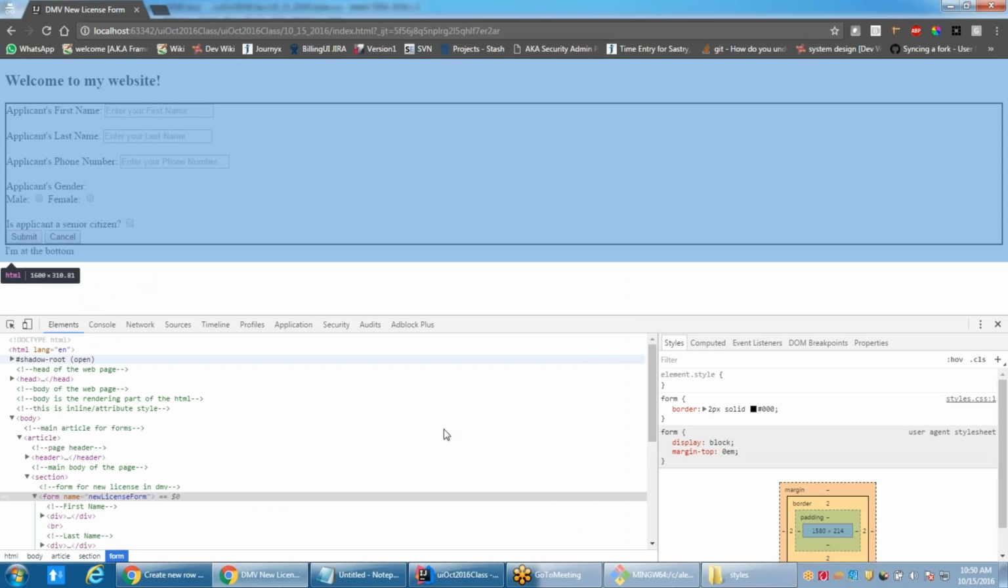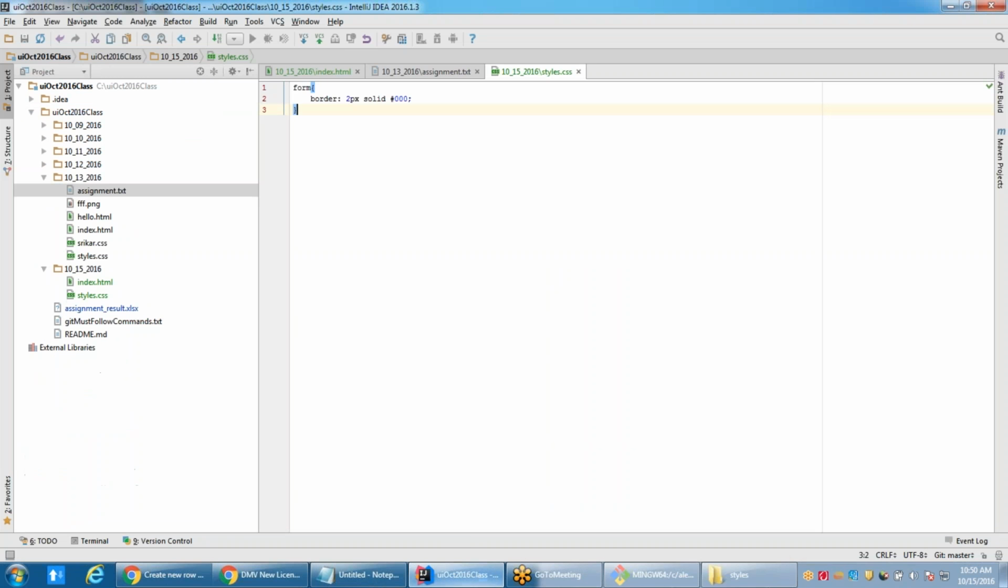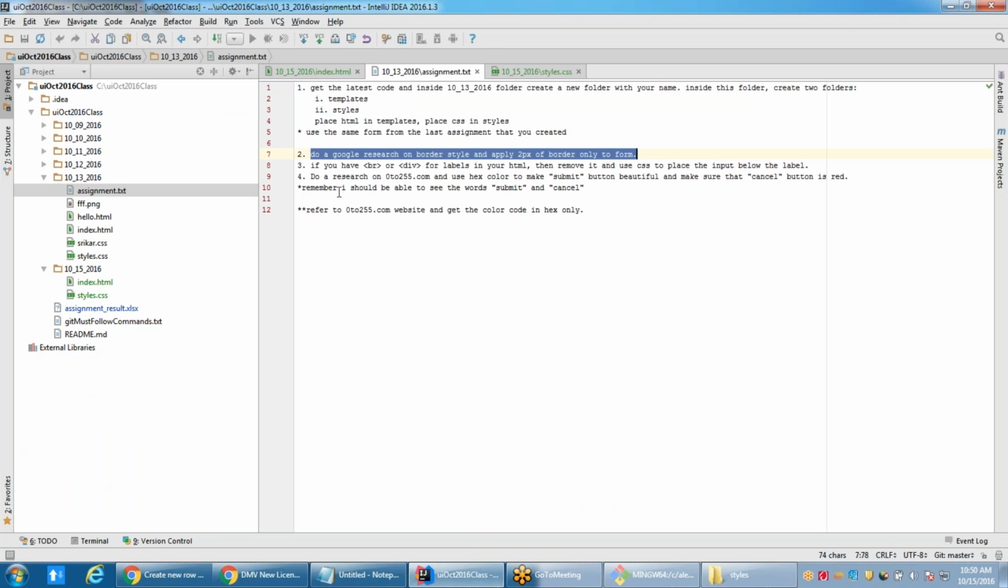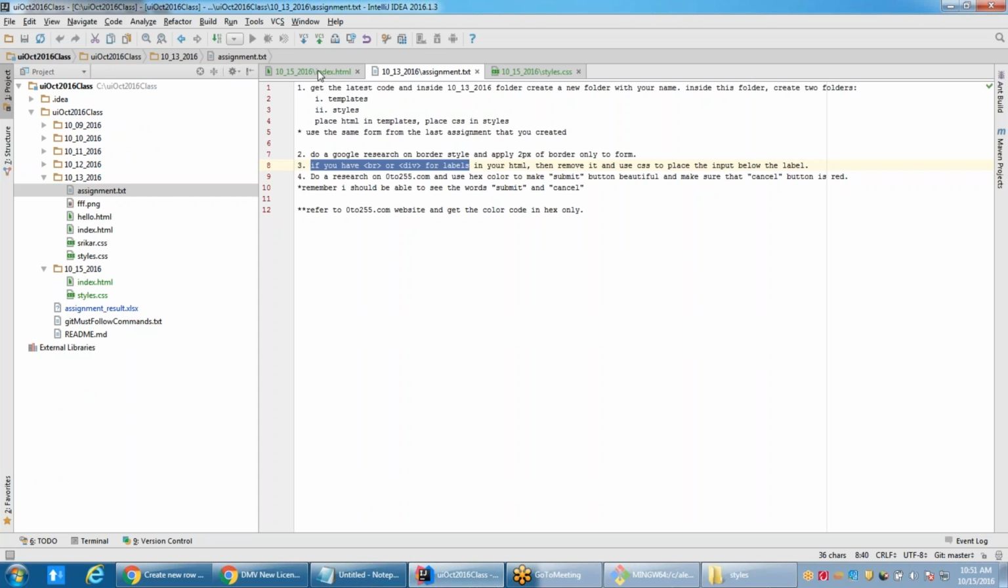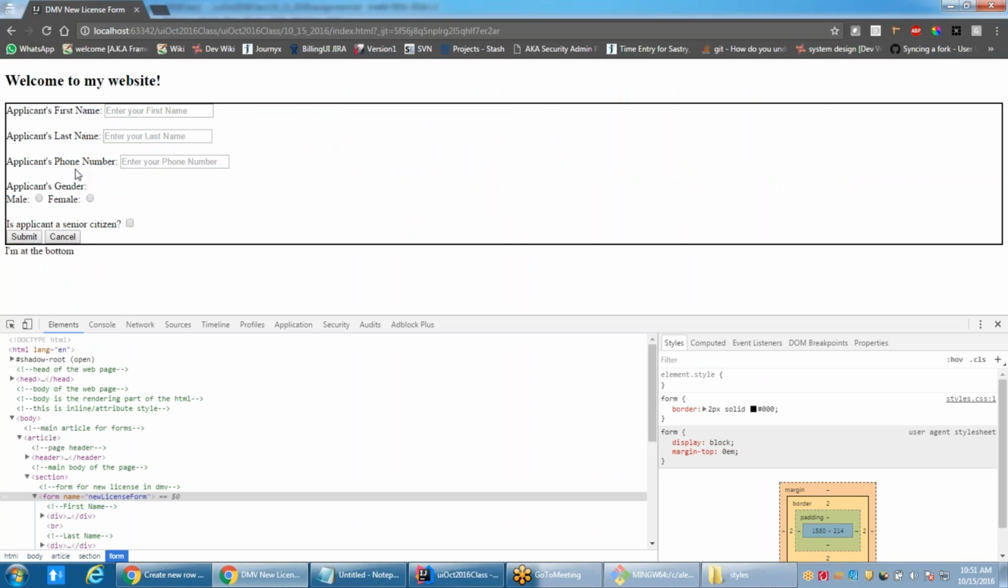Okay, so that was the first assignment that I asked you to do. The second one is, if you have any breakpoints, we basically want to have these input fields below those, right? Now this becomes a little trickier, because our labels, if I go back and inspect element,